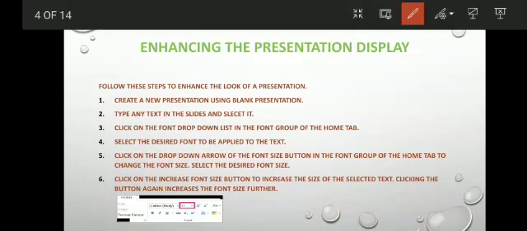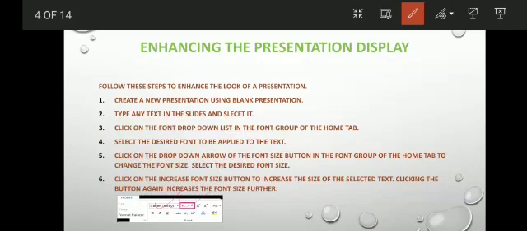So here, Calibri body, this is your font type or type of text. If you click on the drop down arrow, it will show you so many options and you can choose one from them. This is your size drop down arrow for the size. If you click on the drop down arrow, you will see the numbers. If you choose that number, it will increase or decrease the size according to that.